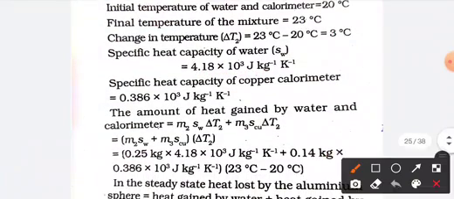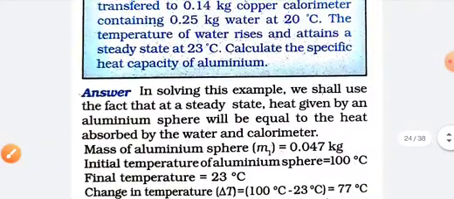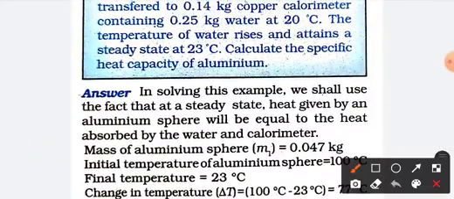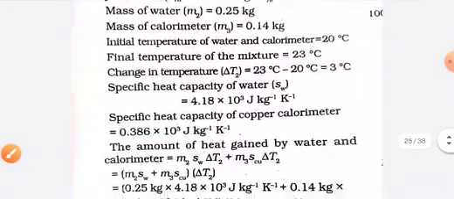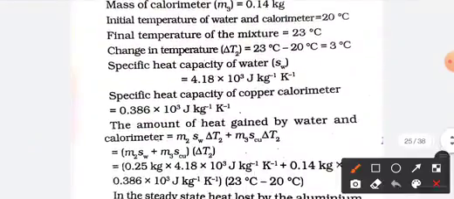And the specific heat capacity of the calorimeter, which is made up of copper, is given by 0.386 into 10 raised to power 3 joule per kg per Kelvin. What do we have to calculate? We have to calculate the specific heat capacity of aluminium. So we have to remember the specific heat capacity of water, and for copper it will be given to